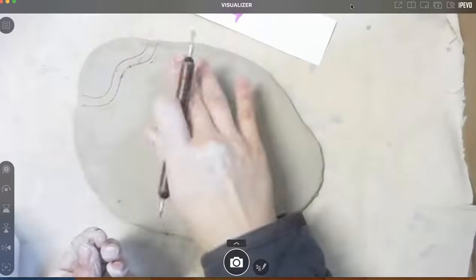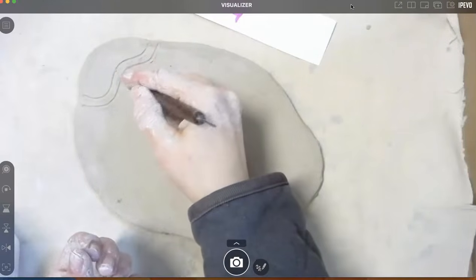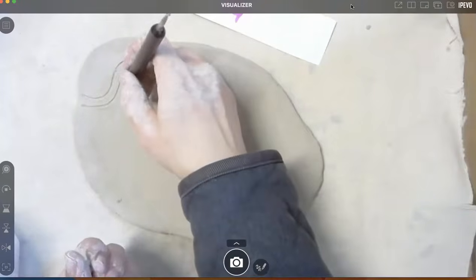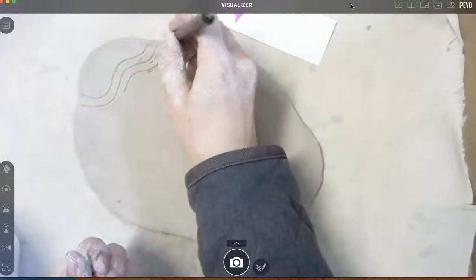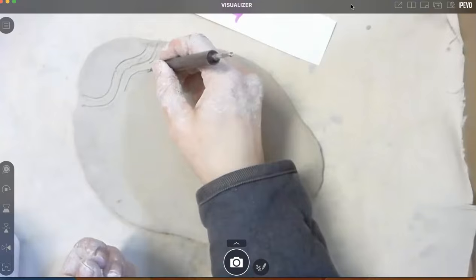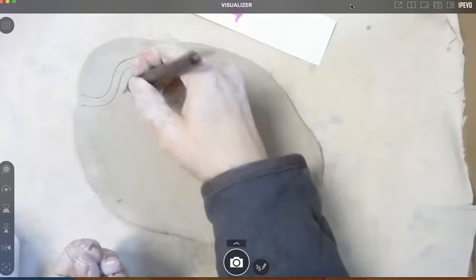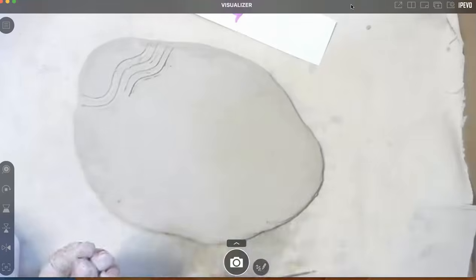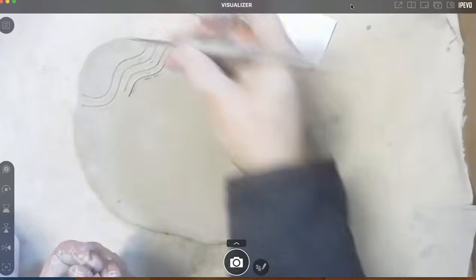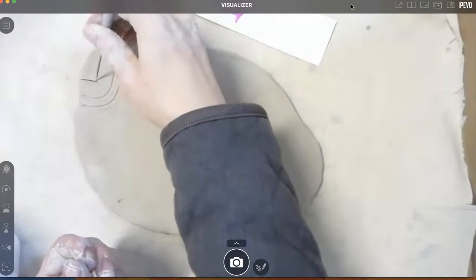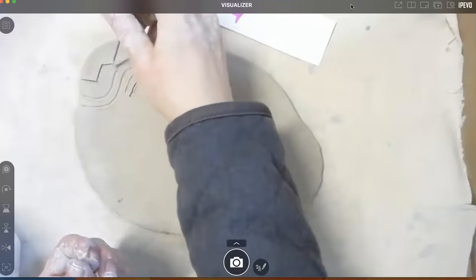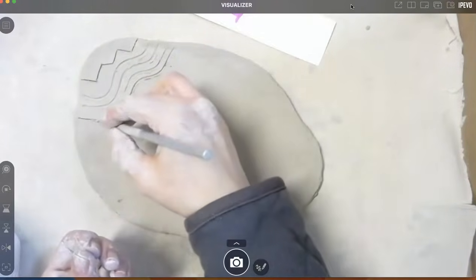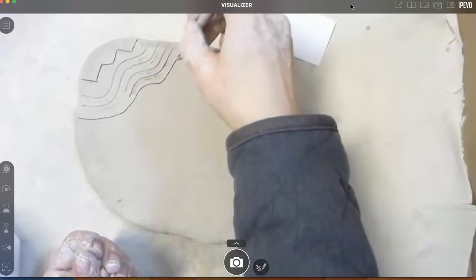Now, if your clay is soft enough, you will create crumbs, which you will need to remove once in a while. Now, I'm going to try using the thinner part. Again, it's similar to carving, but you're not taking out big chunks of clay. You're literally just drawing on the clay surface. If I take my needle tool, you're going to get much thinner lines. They are a little bit more tricky to remove the crumbs when your clay is soft, but that is considered incising.